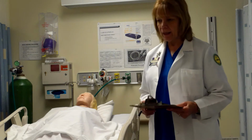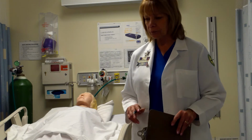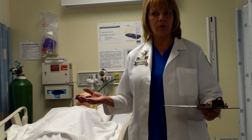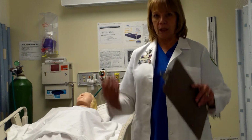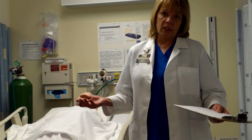So I have gotten a call, and my order says volume expansion therapy per protocol. So in that particular situation, I would need to bring equipment for volume expansion therapy, and I don't know if my patient's going to need incentive spirometry or IPPB. So I would be bringing all of that equipment with me, but today we're just going to bring the incentive